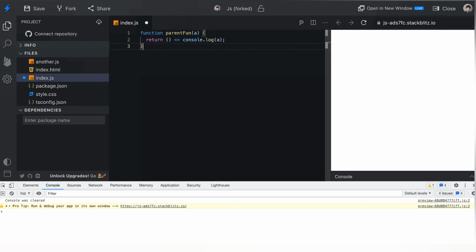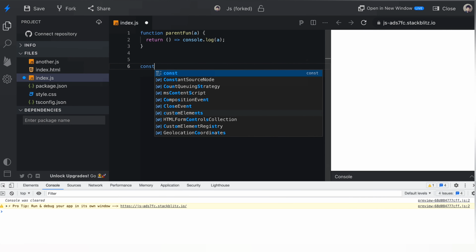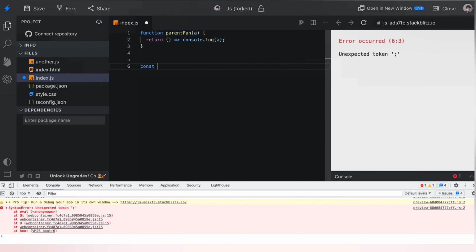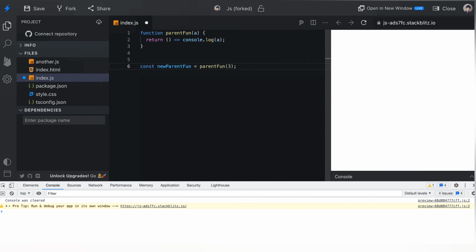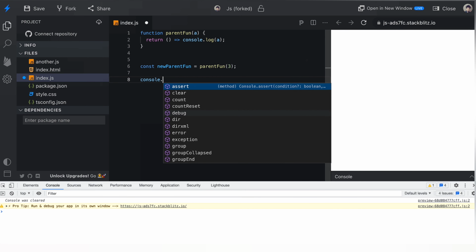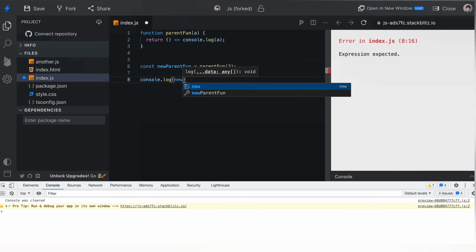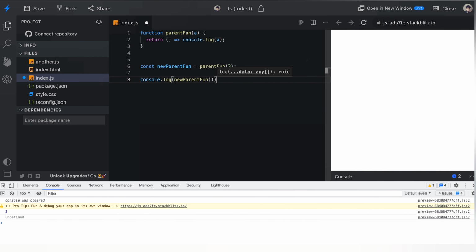Okay, so let's move below. So here let me create a new parent function. We have passed a variable, an argument. Now go to the console, and whenever you call this variable you can get the value, right?